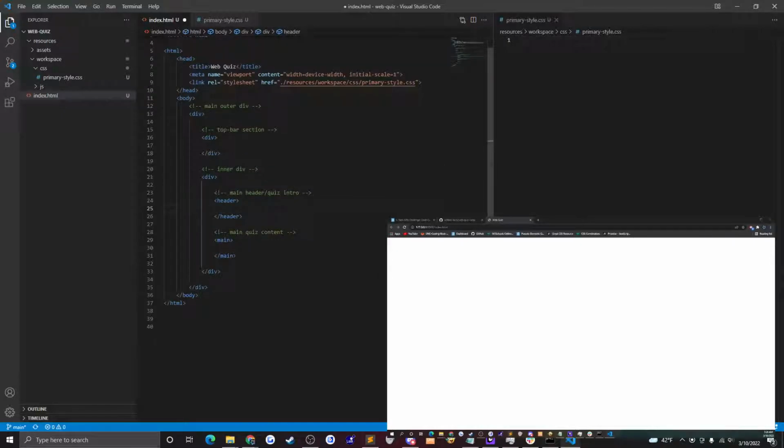Alright, so before we go any further, let's just start adding stuff here to give a little bit of appearance to what we got. So let's go ahead and just do the top bar first. Yeah, why not? Okay. So we know that we want to have a button in here. It'll be the view high scores button. Actually, I'm not really sure if this will be a button or like an... Yeah, this would be a button. I was going to say a button or an A tag, but we don't... I mean, you could probably make the view high scores thing